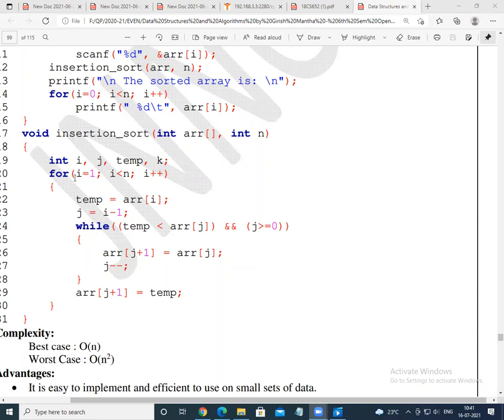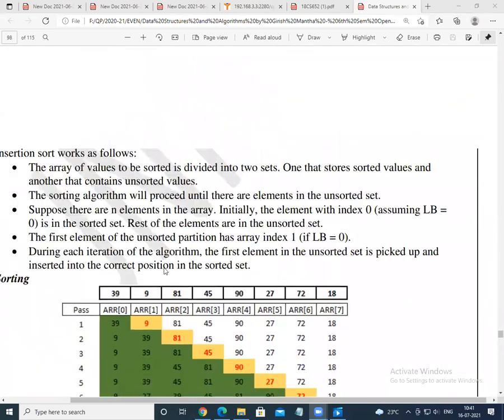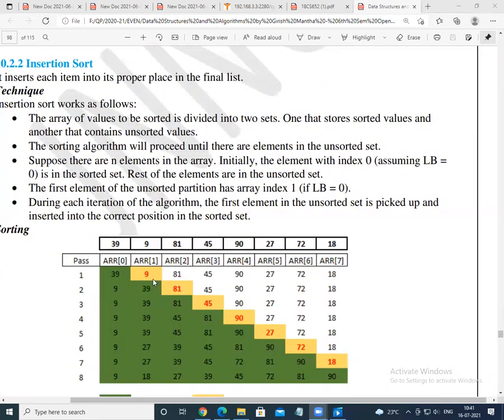The outer for loop is for the number of iterations: i equals 1, i less than n, i plus plus, right? So that is the number of iterations you need to go through in the outer for loop. Temp stores the individual element for each iteration.